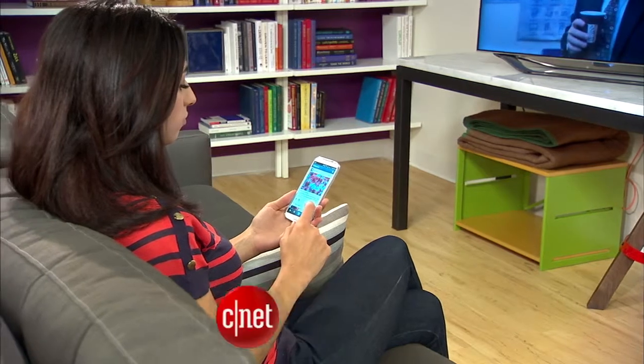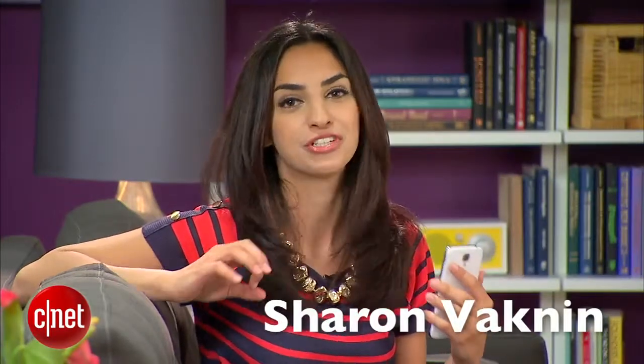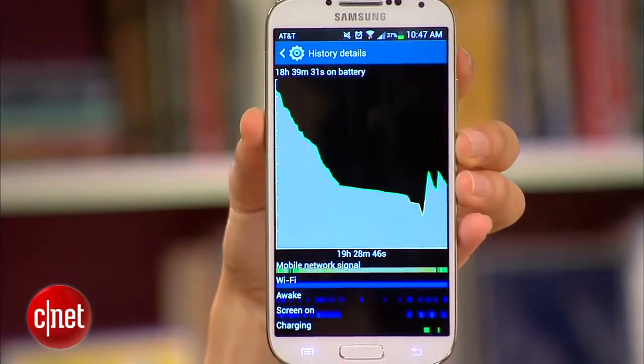With a bigger battery and more efficient processor, the S4 will usually last you throughout the day. But I'm always on a mission to get the most juice out of my phone, especially for those times I'm stuck without a charger. So here are some savvy tips to help you get the most battery life out of